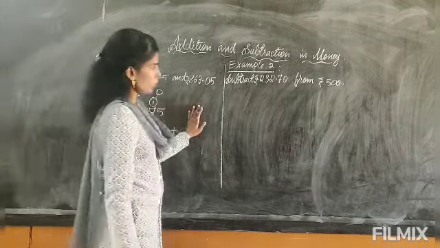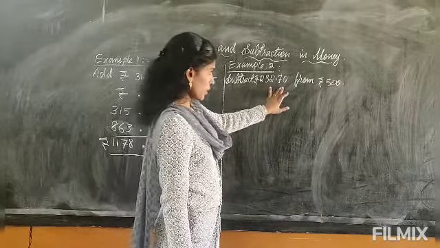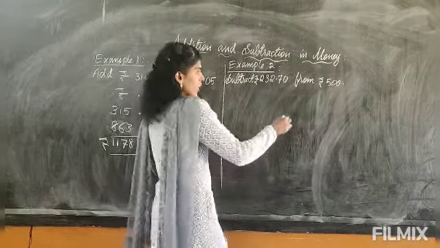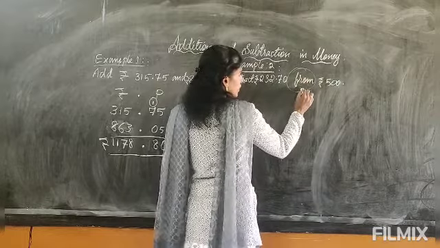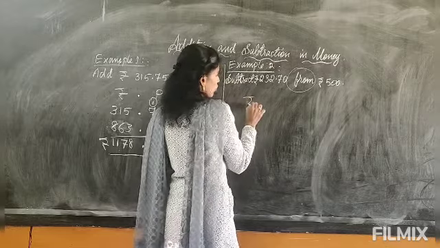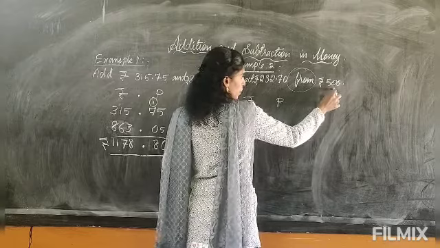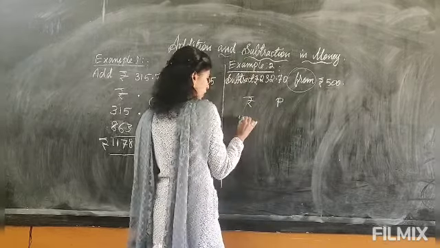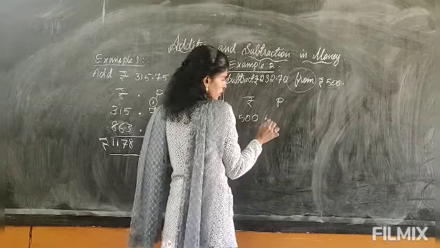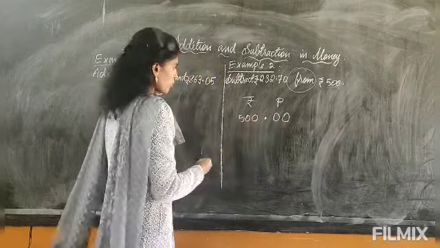Now let's see the subtraction. Subtract rupees 232 and 70 paise from rupees 500. In subtraction you have to see the word from. After from, whatever is given, that you will write first. So after from, 500 rupees. This is rupees, not paise. There is no paise at all, so 500 you will write in the rupees place, and in the paise place you will put 0. Paise should always have 2 digits, so you put 2 zeros.